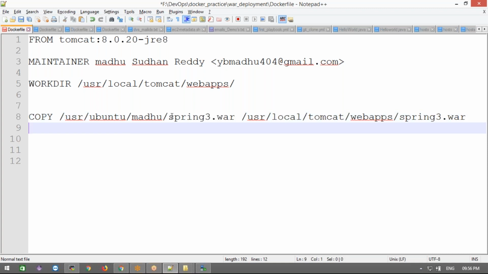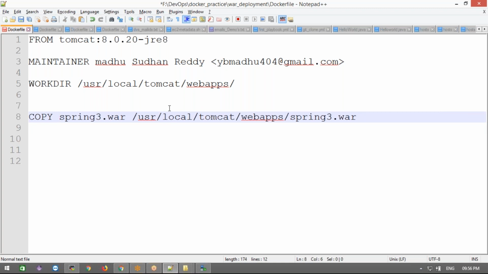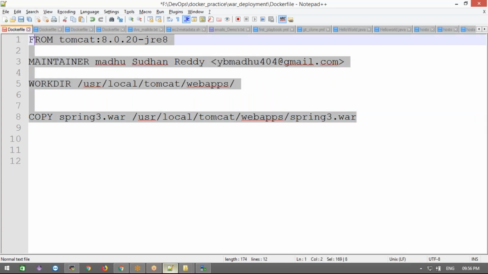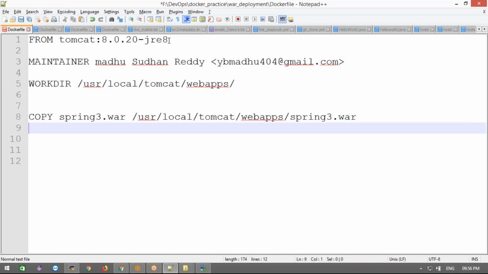You took the Docker file from the Docker Hub site, right? No, the Docker file I'm not taking from the site. I already wrote this Docker file earlier, and I already have it in my Windows system. I'm just moving it to my machine. What I have taken from Docker Hub is the Spring 3 base image. If I'm not taking this image from Docker Hub, I need to write all the instructions.